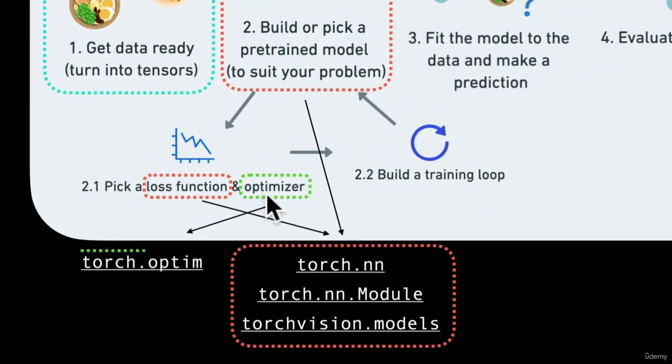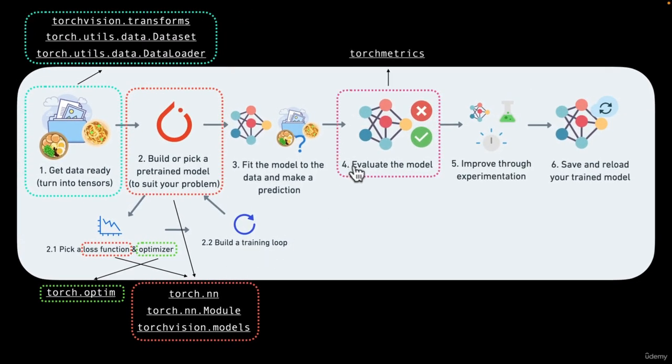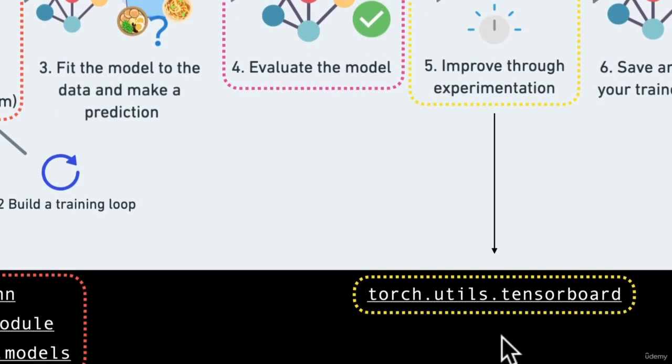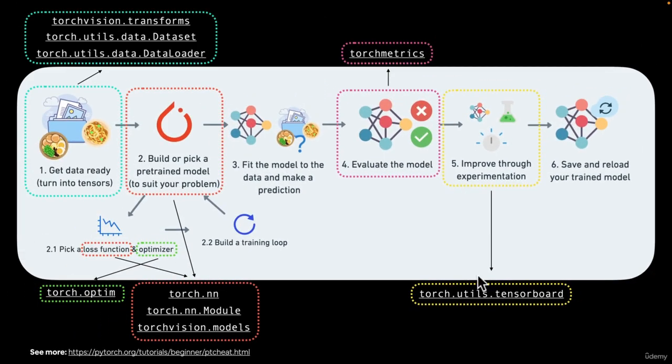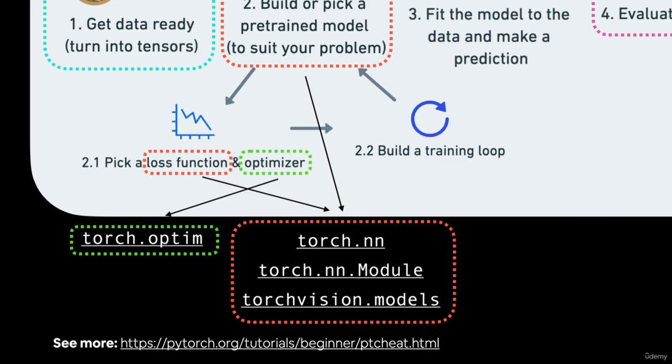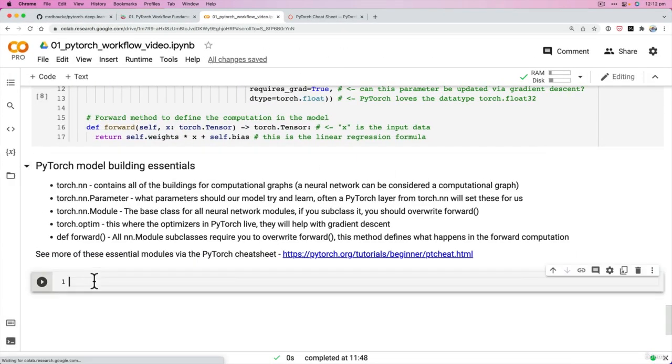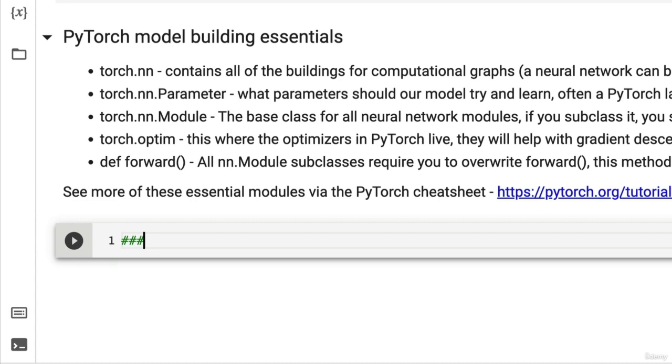Then at the optimizer, if we wanted to optimize our model's parameters to better represent a dataset, we can go to torch.optim. Then if we wanted to evaluate the model, well, we've got torchmetrics for that. We haven't seen that, but we're going to be hands-on with all of these later on. Then if we wanted to improve through experimentation, we've got torch.utils.tensorboard. What's this? But again, if you want more, there's some at the PyTorch cheat sheet. But now this is just adding a little bit of color and a little bit of code to our PyTorch workflow. And with that being said, let's get a little bit deeper into what we've built, which is our first